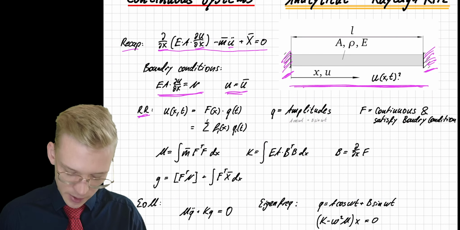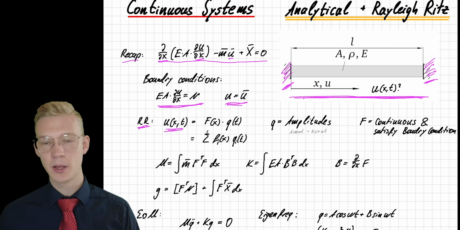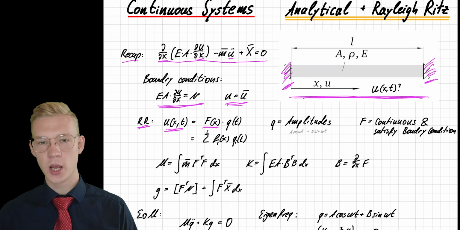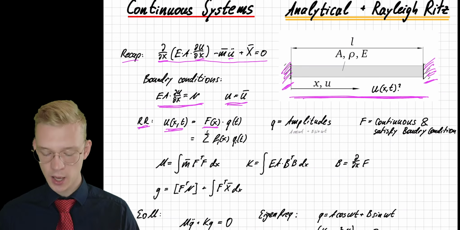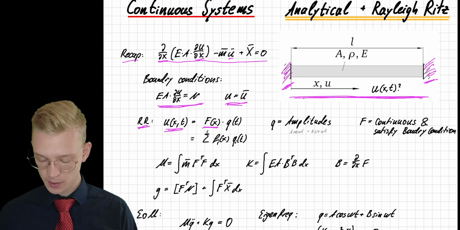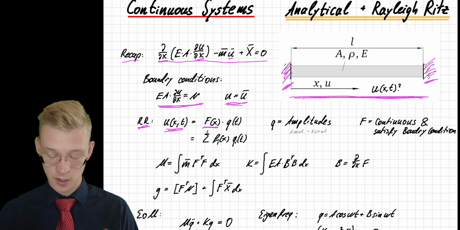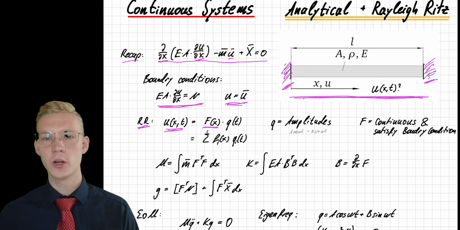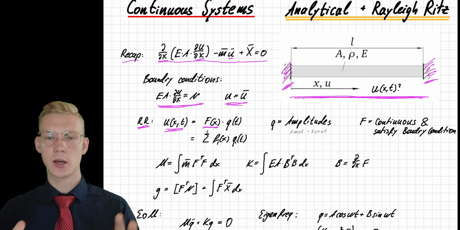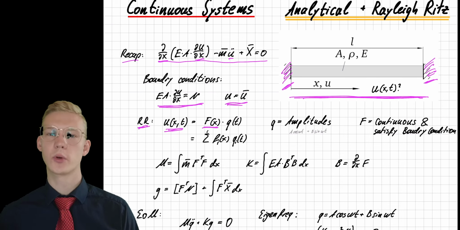If we use the Rayleigh-Ritz approximation, we do that by approximating our displacement field in space and time, where we provide our shape functions, so the functions that the system could take, and have them overlap in such a way that they fit the system as well as possible. We'll never be able to get the accurate solution of our system if we're not choosing the correct eigenshapes of our system. So if we know the analytical solution, we can use the Rayleigh-Ritz and get the same thing. But if we don't know the analytical solution, we can propose